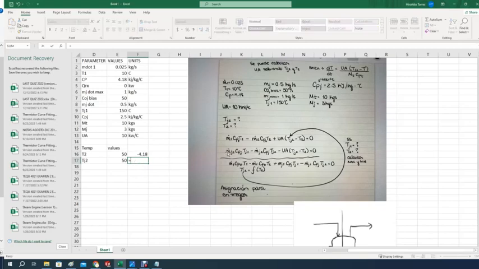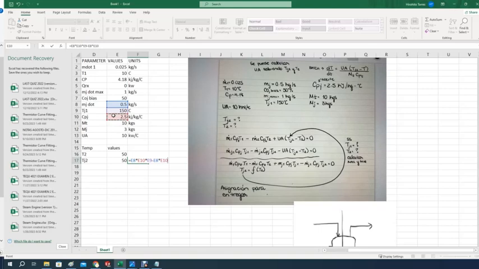So we look for MJ1. MJ1, that would be this flow, not this one, actually it's this one. It's the actual flow that I have set on my system, times the CPJ, which is this one, times TJ1. TJ1 is this one here. All right, so we are looking into this second equation, minus, again, this is MJ2, is actually MJ1 as well. So this value here, oops, there we go, times